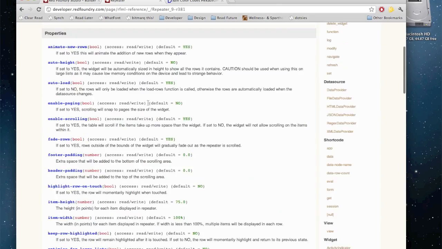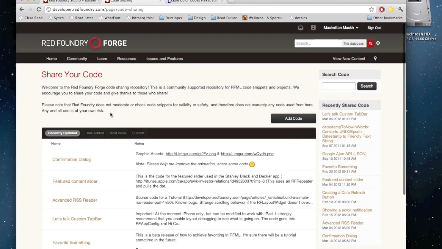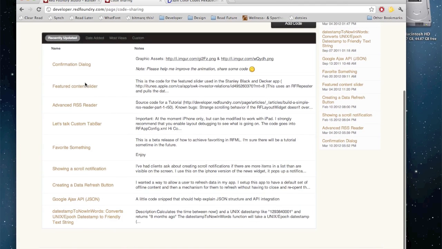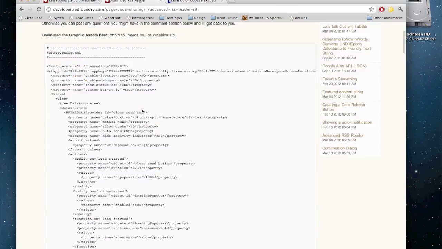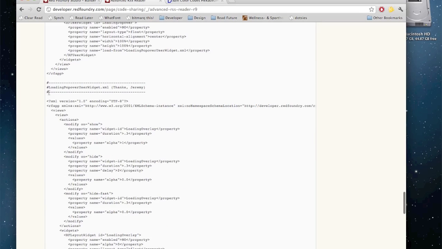He was kind enough to share it with us, and I've modified it slightly and put it into the code sharing section of the developer forum. Head over to the advanced RSS reader post and scroll down until you see loading popover user widget. You'd want to copy the whole thing